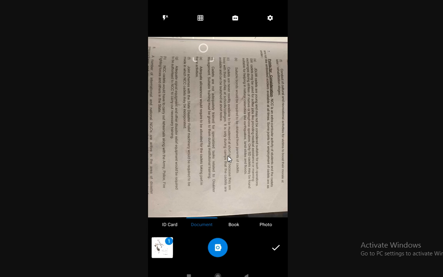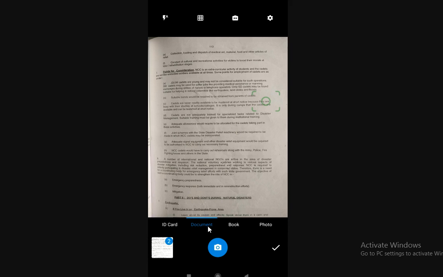second page of your answer sheet, and it will show the first captured image at the bottom left corner of your mobile screen. Over here it's showing an image of the Indian map, you can see at the bottom, and it's numbered as 1 because this was the first picture which you have taken. Now when you click this second image, click on the camera option, select the portion which you want to send and click on continue. So you will see now that 1 will change to 2 at the bottom.